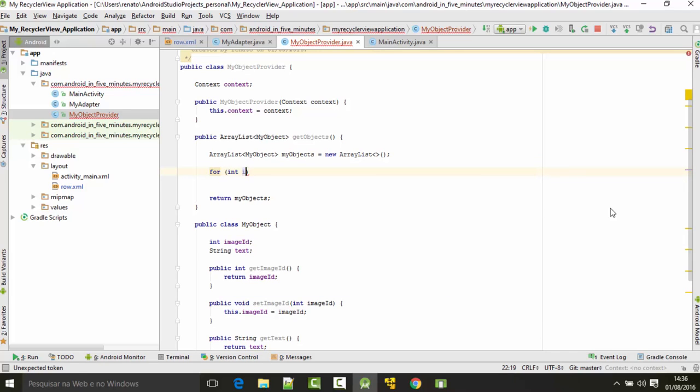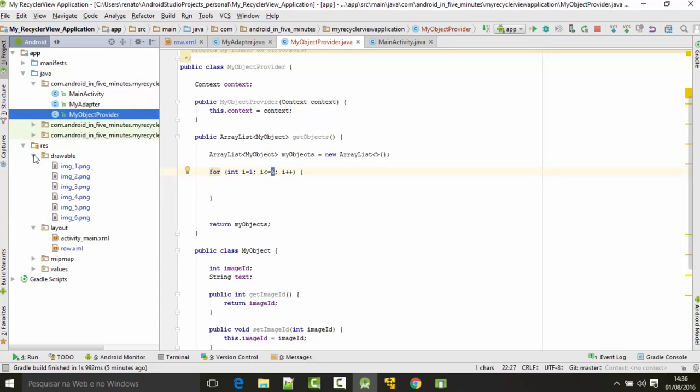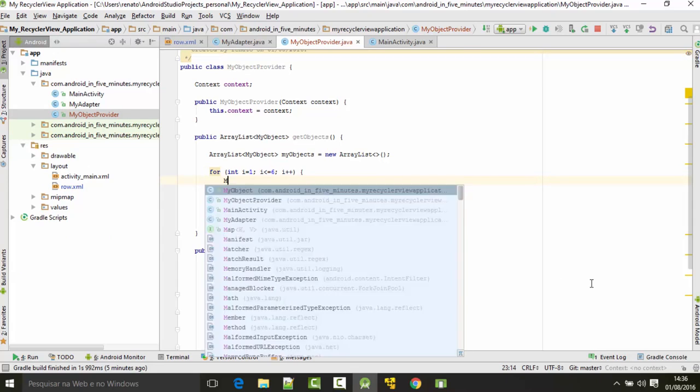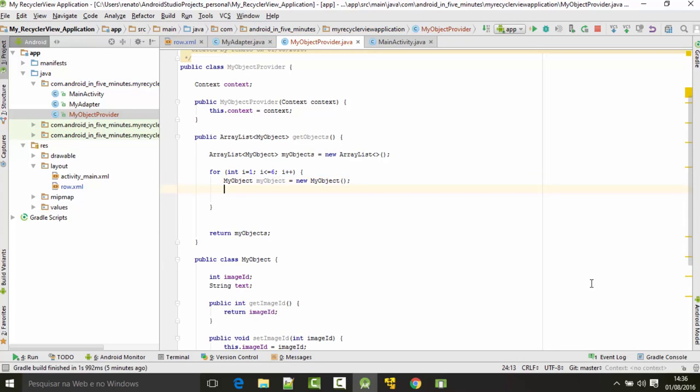Okay, done. In order to create the objects, I will use this for from 1 to 6. 6 is the number of images that I have available. And I will create a new myObject. MyObject equals to new myObject. Okay, now I will set the image ID for my object. The image ID I will get from my